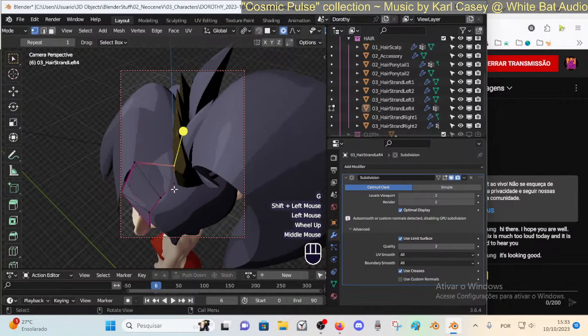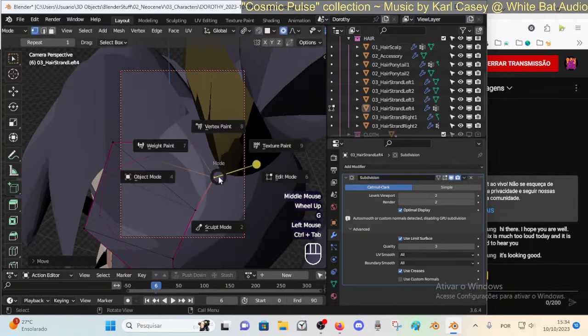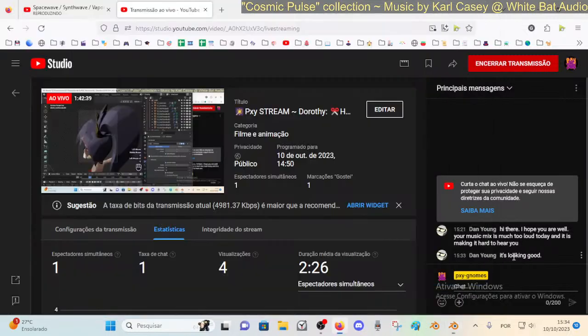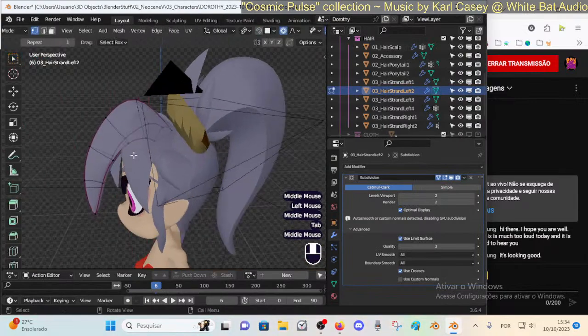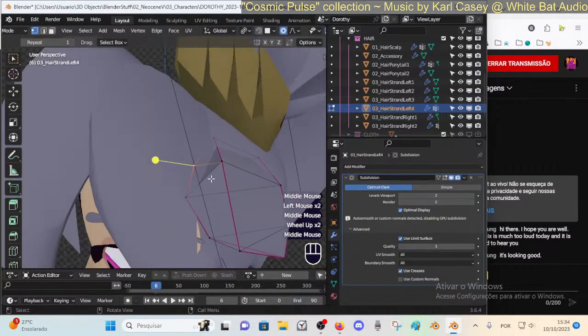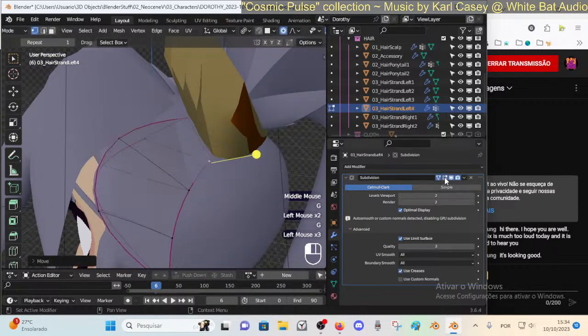I can never get this 100% clear enough, but that's good for now. It's looking good. Thanks. It's not too difficult. You just have to play with these options here